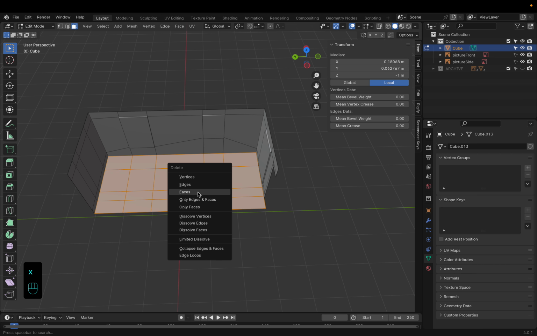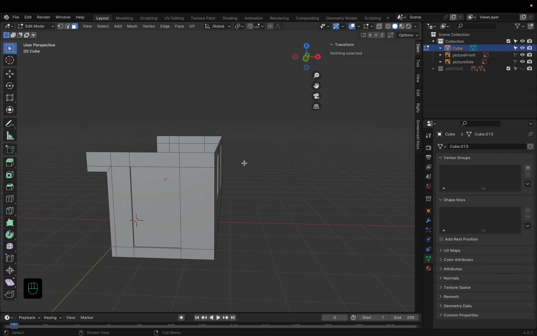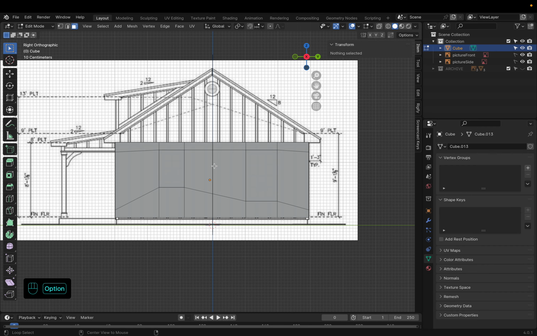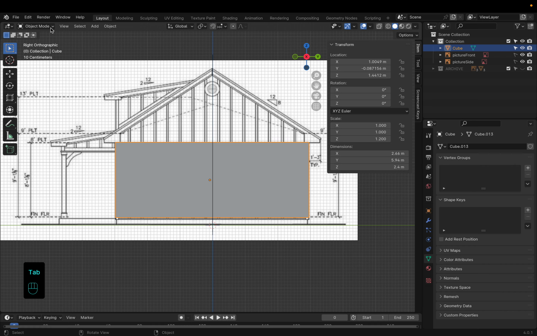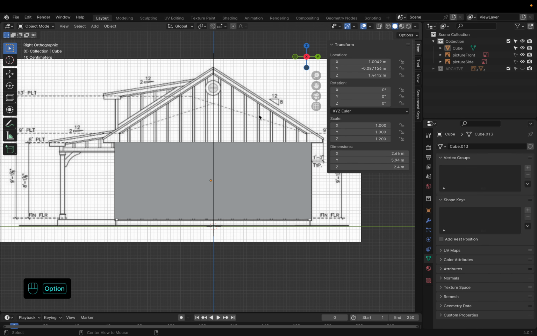And even fewer faces to have to worry about. Okay. That's an awesome start. So now let's start making our roof. I'm going to tab out of edit mode into object mode, make sure I'm not selecting anything, and I will add